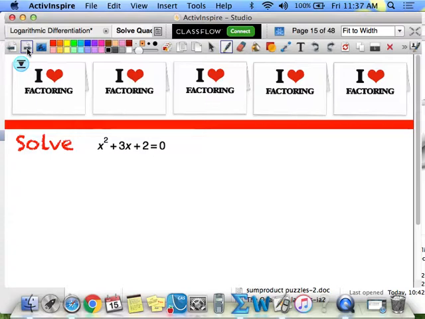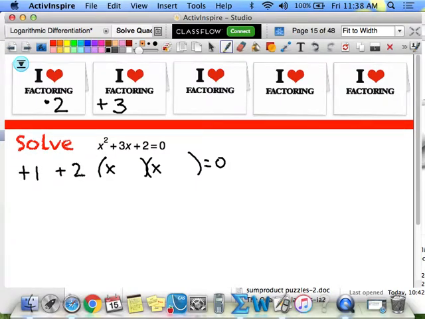All right. So, left-hand side, that's a trinomial with a leading coefficient of 1. So we're not going to have to use the x method. So let's factor it. The x squared, you can split up x times x. I need to find something that multiplies together to give 2, but adds together to give 3. Positive 1, positive